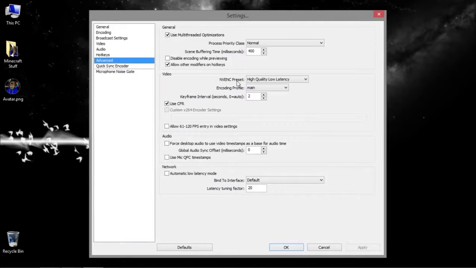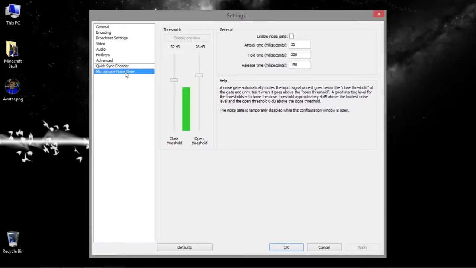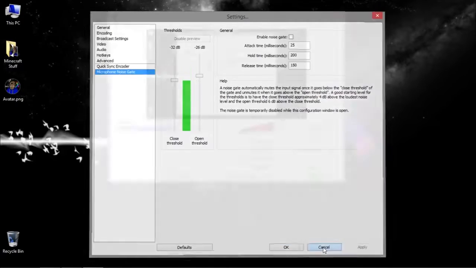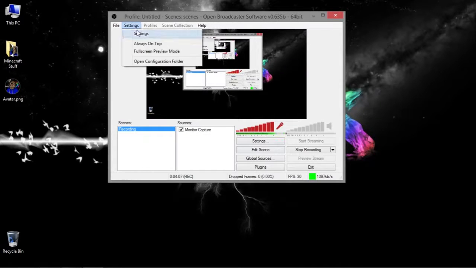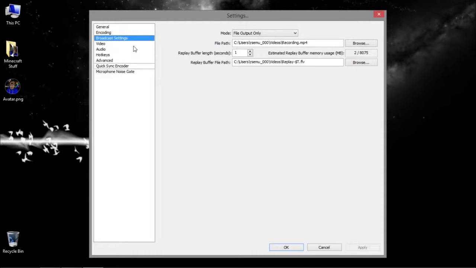Normally, this is really what everything needs to be set on. This is what works. It's also set up for live streaming. So that's one thing. You have your Quick Sync encoder. You can just leave those settings alone. And then your noise gate, which again, just leave those settings alone. Now, one thing you're going to want to do is when you actually have your broadcast settings and you set it to file output, make sure you know where you want to save your stuff at,